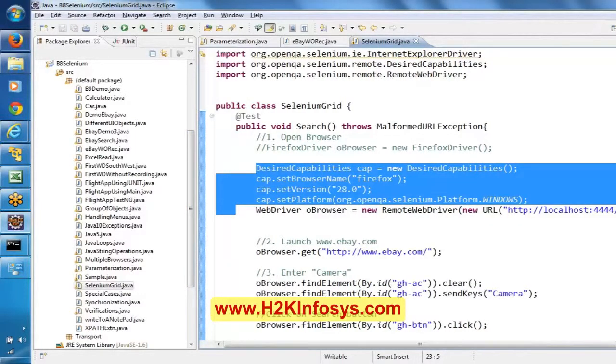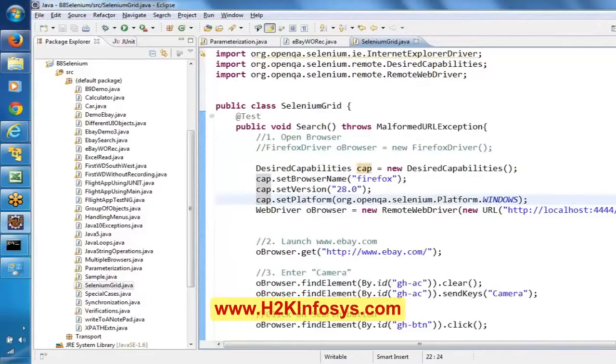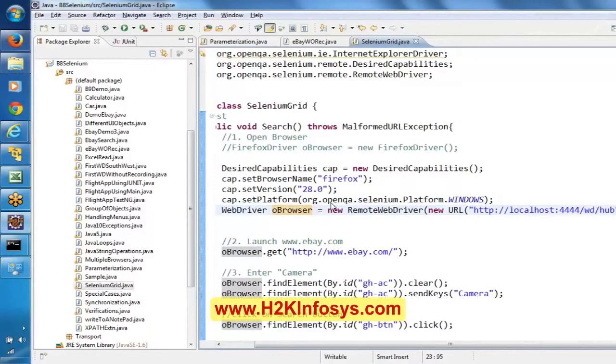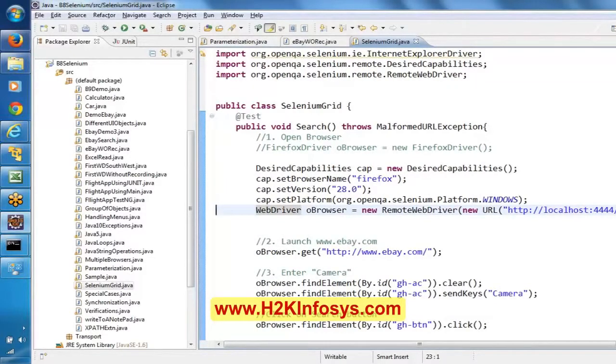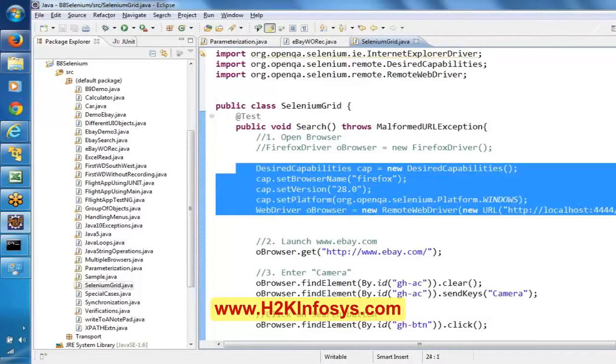Okay, and this particular object we have used over here. Okay, the only difference between the earlier and here is these lines.